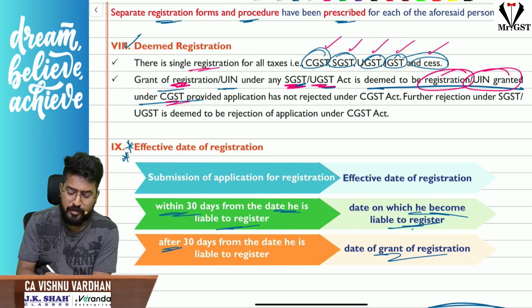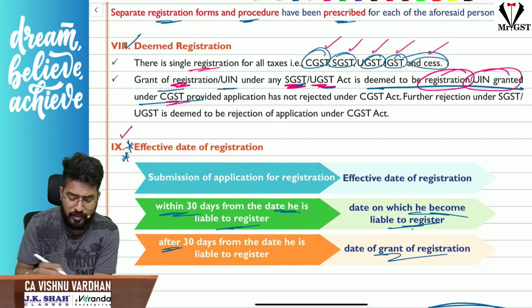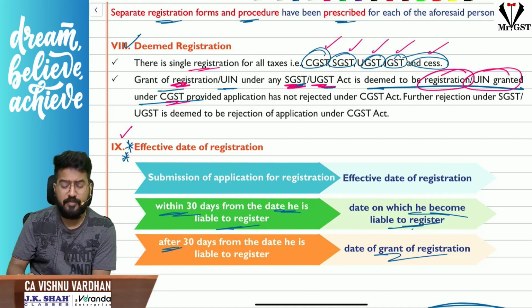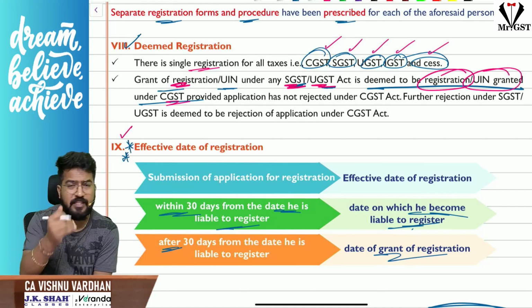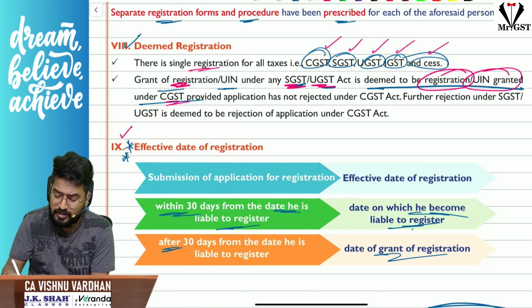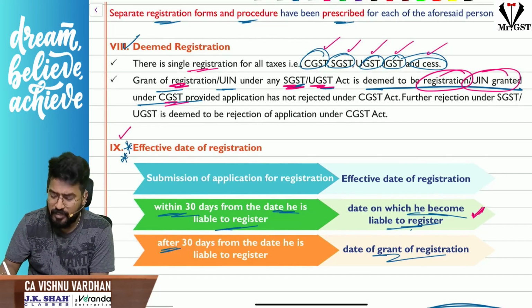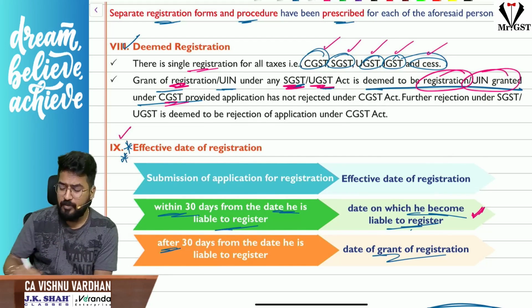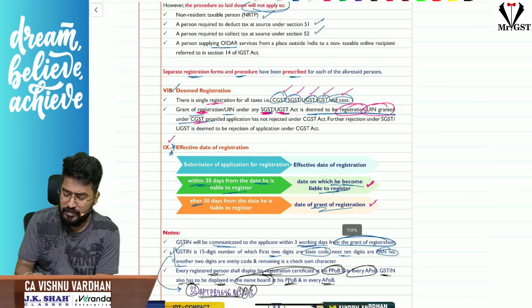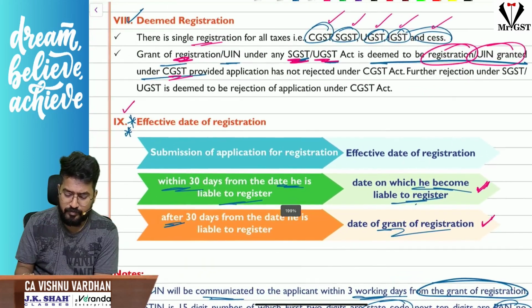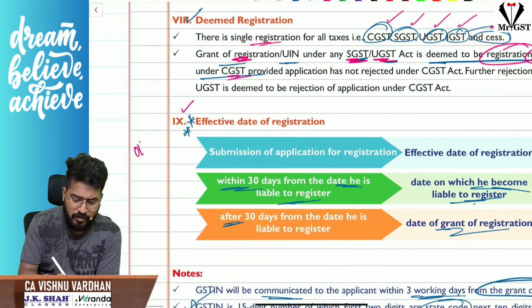Next, effective date of registration. Very important point. So what is this effective date of registration? If you are applying for registration within 30 days from the date of becoming liable for registration, the effective date of registration is when you became liable. No sir, if you are applying after 30 days, then it is the date of grant of registration certificate. So for example, sir, you became liable on 1st November. You are applying for registration on